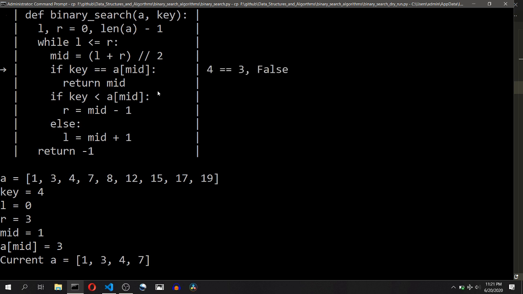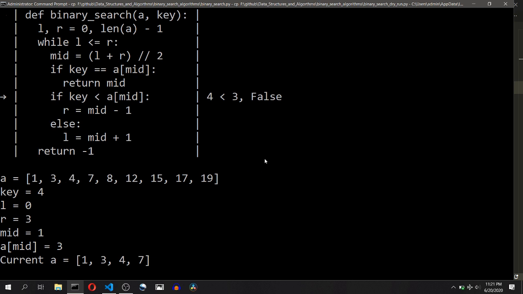It will check if the element that is present in the middle index, that is 3, is equal to 4. It is not, so this becomes false. Is 4 less than 3? No, it is not, so this condition becomes false.